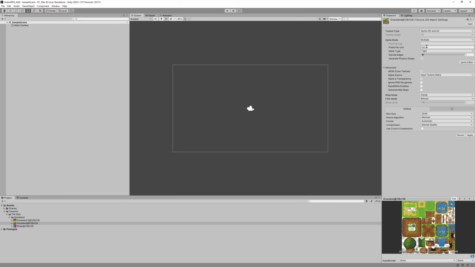And pixels per unit, these ones are designed to be 128. So we can change this. And the filter mode is going to control if it does any sort of anti-aliasing due to resizing. So let's try point for now, and if that looks too jagged, we'll switch it. So then hit apply,